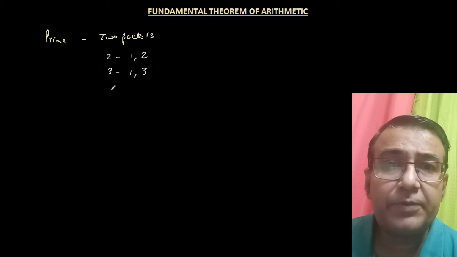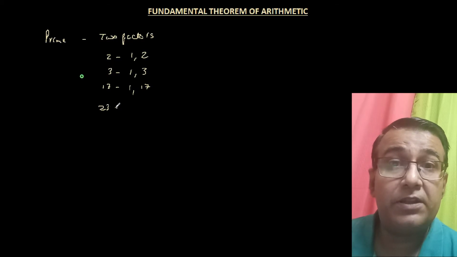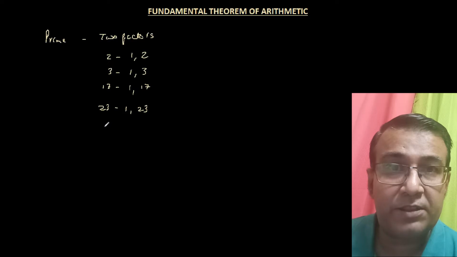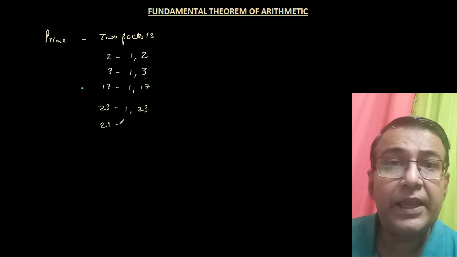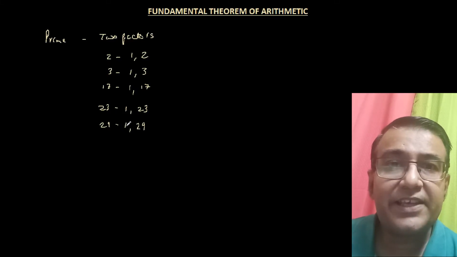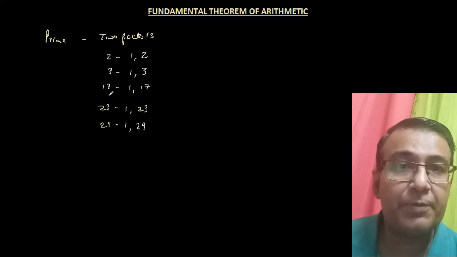We can have some bigger prime numbers also. So let's look at the number 17. Again, it has two factors, only 1 and the number itself, which is 17. Let us look at another prime number, 23. 23 again has a factor of 1 and the number itself, which is 23. And the number 29, again a factor of 1 and the number 29, which is the number itself. So like I said, any number which has only two factors is called a prime number.